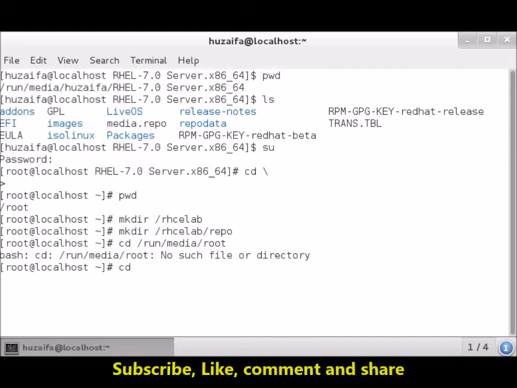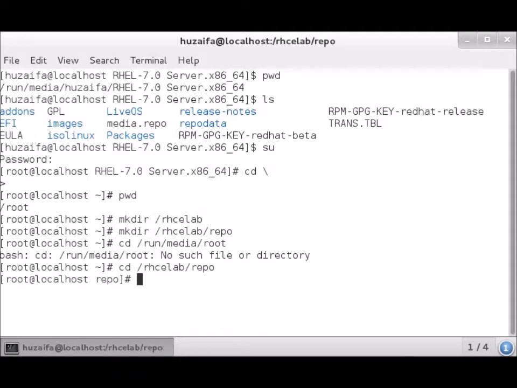We will go to repo: cd /rhce lab/repo. We are now in the newly created directory. Here we will copy the packages.